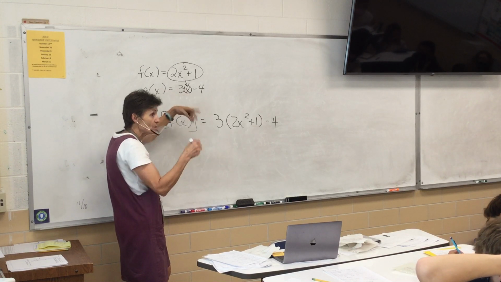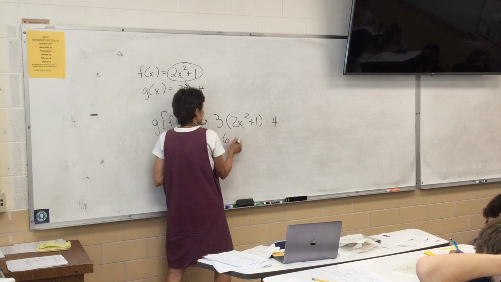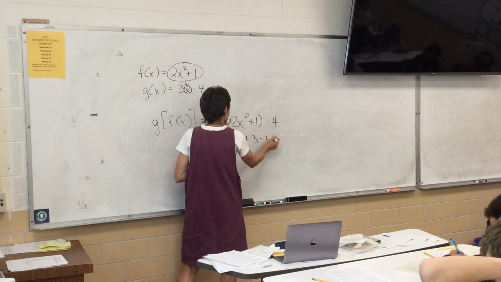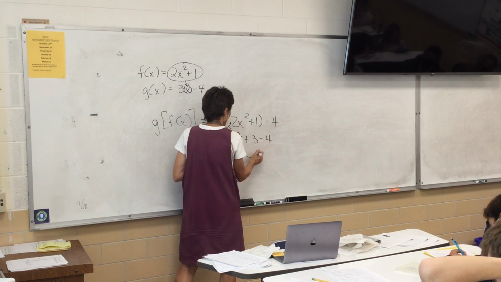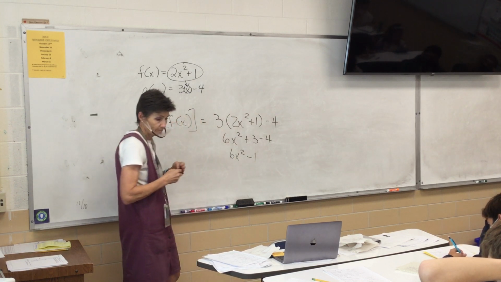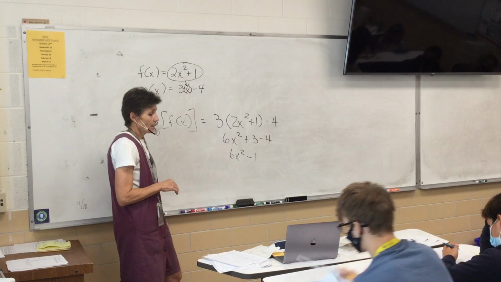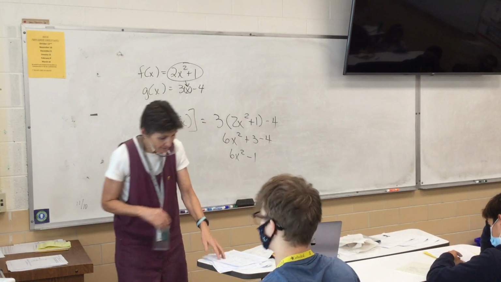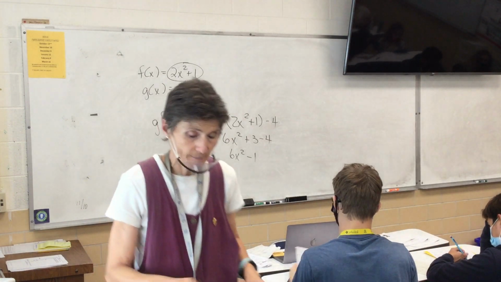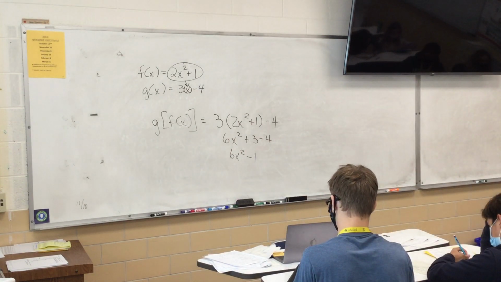And then we do our cleanup. So 6x squared plus 3 minus 4. I got 6x squared minus 1. Is that what you got? All right, good job. We just did the whole first practice test. So you can see